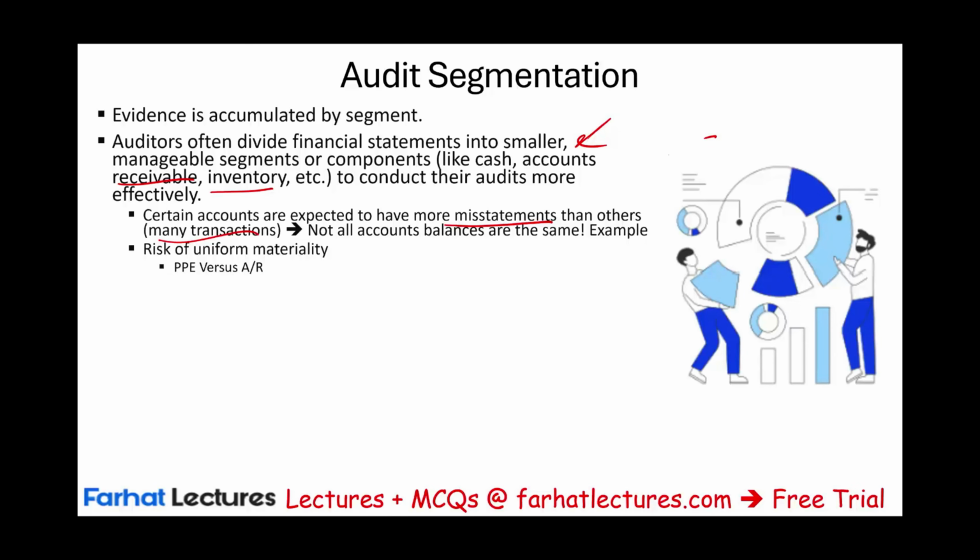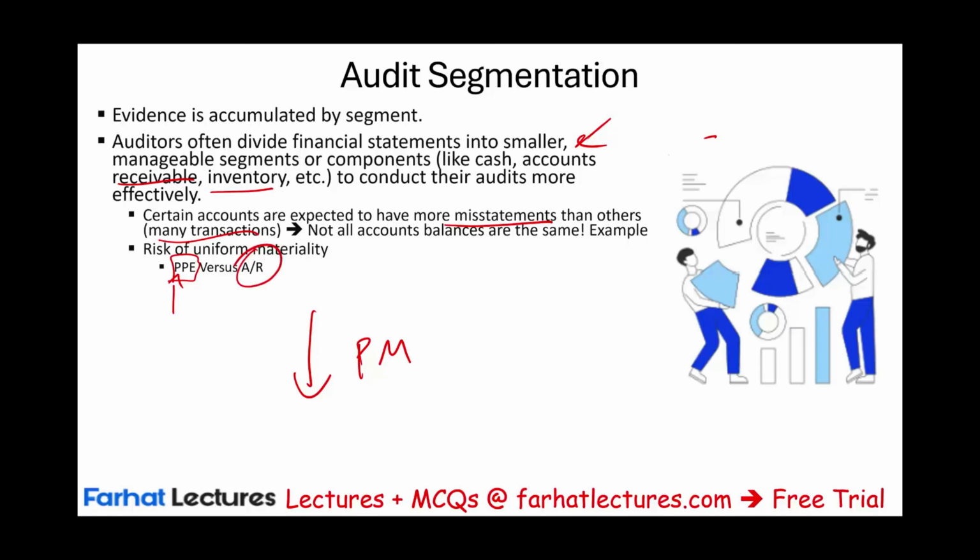And to illustrate this concept one more time, for example, think of property, plant, and equipment. A company might purchase a few items of property, plant, and equipment throughout the year. Maybe a building, a few trucks, a vehicle, a machinery. It's easier for the audit to look at all these transactions, or maybe 5, 6, 7 transactions. Because it's easier to look at this, we can set performance materiality low, and the accounts are important. Each transaction, each machinery, each building is a major account. So it's important, easy to audit, I set performance materiality low.